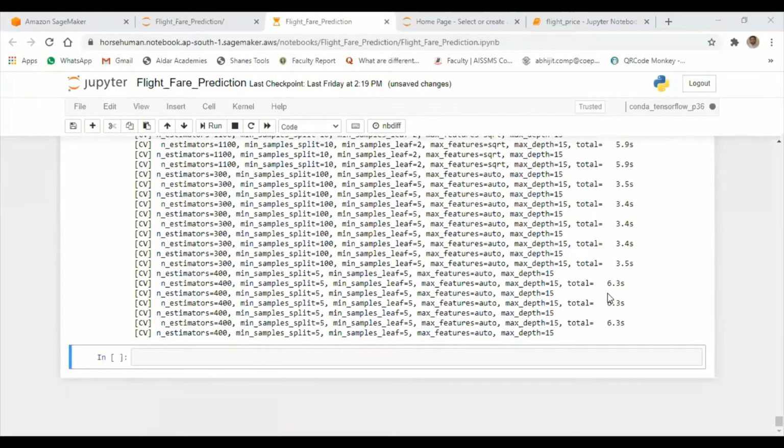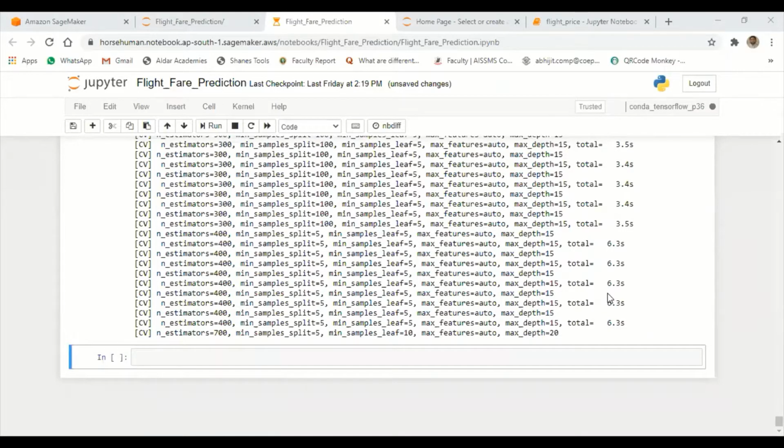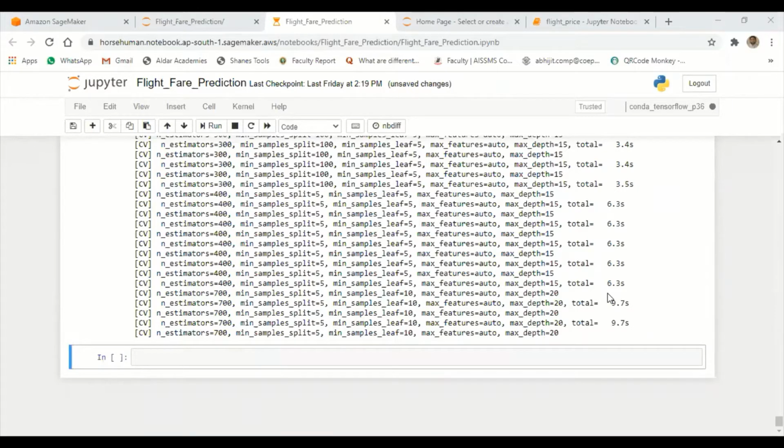Maximum depth to 15. This takes a lot of time, you know.